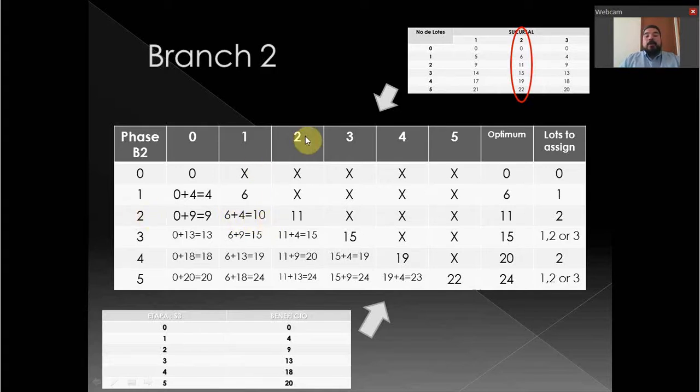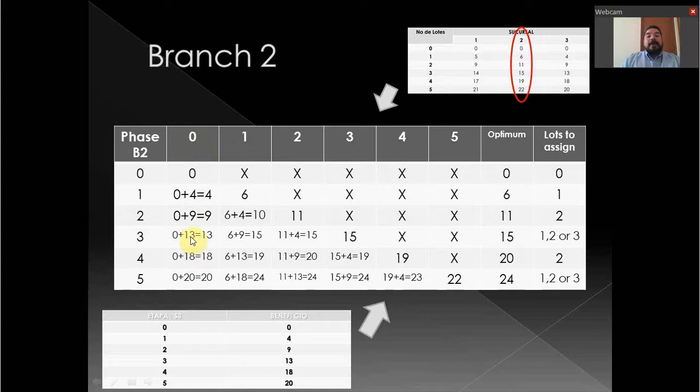So if I assign the 2 lots to branch number 2, the benefit of assigning 2 lots in branch number 2 is 11. The maximum or the optimum in this phase is 11. So if I have 2 lots, the better way to go is to assign the 2 lots to branch number 2. If I have 3 lots when I arrive at branch number 2, I decide not to assign any of